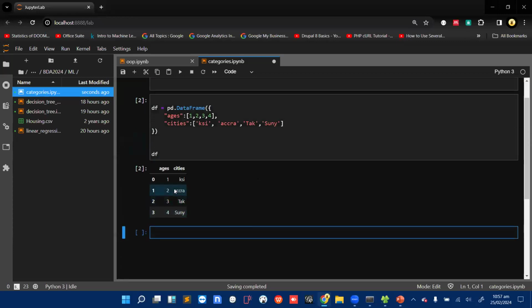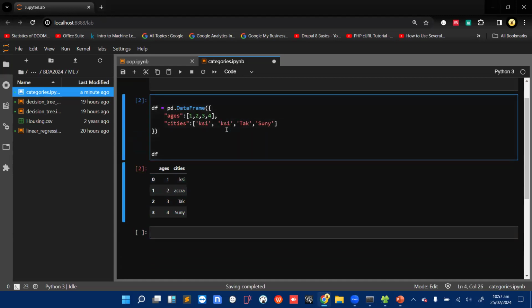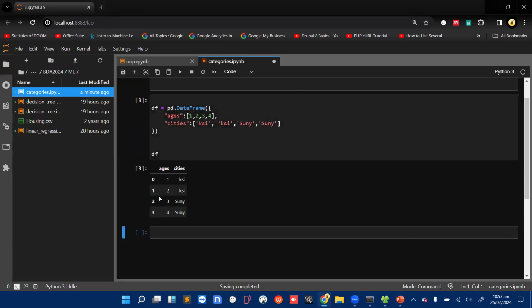Now you can see that we have this one here. You can decide to manually change these ones here. If we have Kumasi, you set it to some different value. Let me change this guy here to also Kumasi, so we can have Kumasi appearing 2 times and Sunyani also appearing 2 times. So at least we don't have a lot of things to work with. We can manually decide to